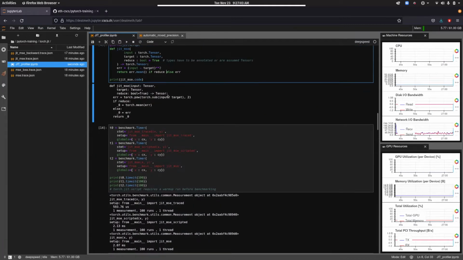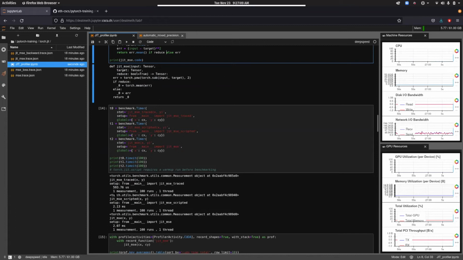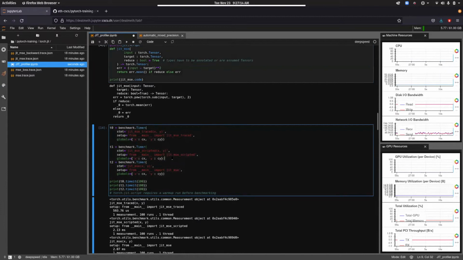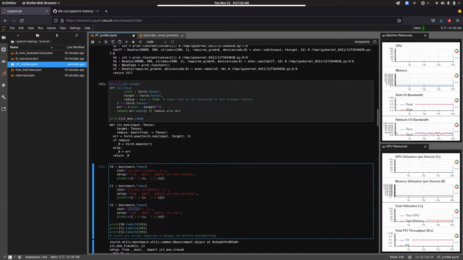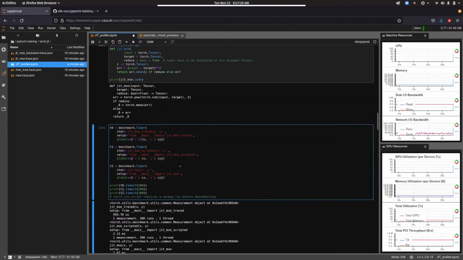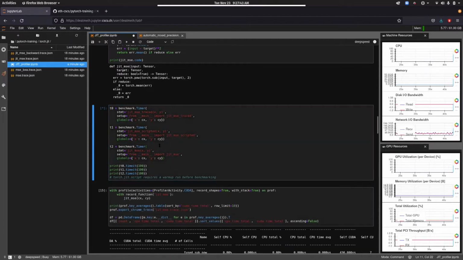So now, if you run that through the benchmark, we're going to get some weird timings. Let's see the 3 benchmarks that I put here. I have the traced, the script, and the jit decorator one, which is the one from the decorator. Same inputs on all of them, and I run each of them 100 times. You can see that the traced one is much faster, but the other ones take much longer. But this is just because of the warm-up time that I was talking about before. If I run this code again,